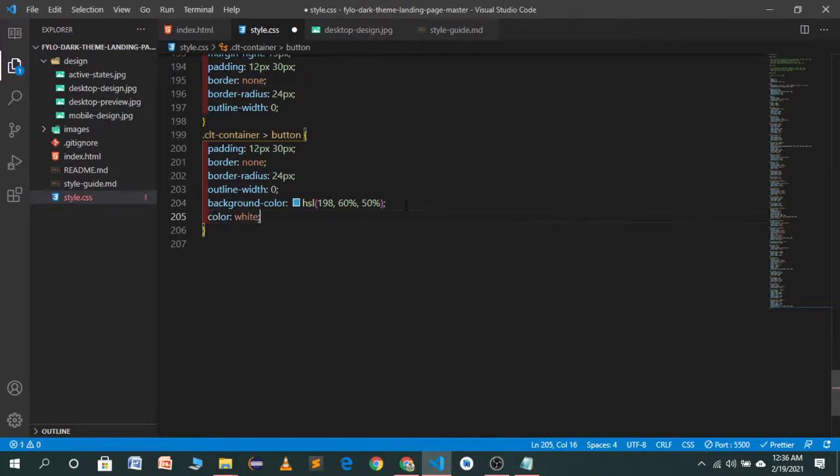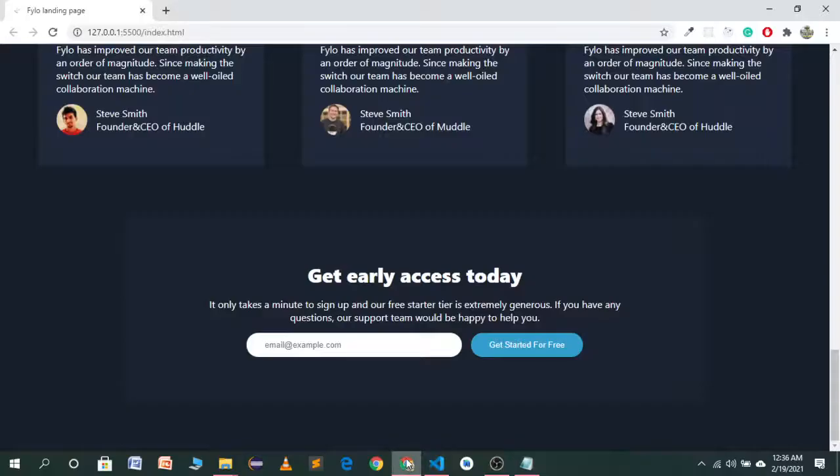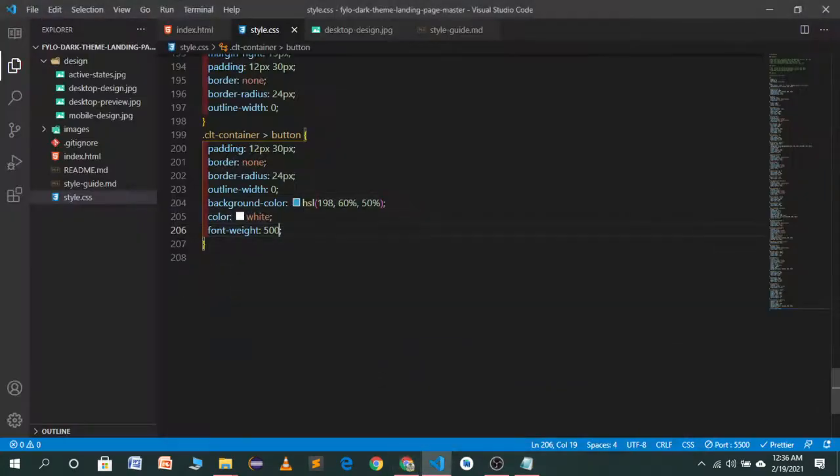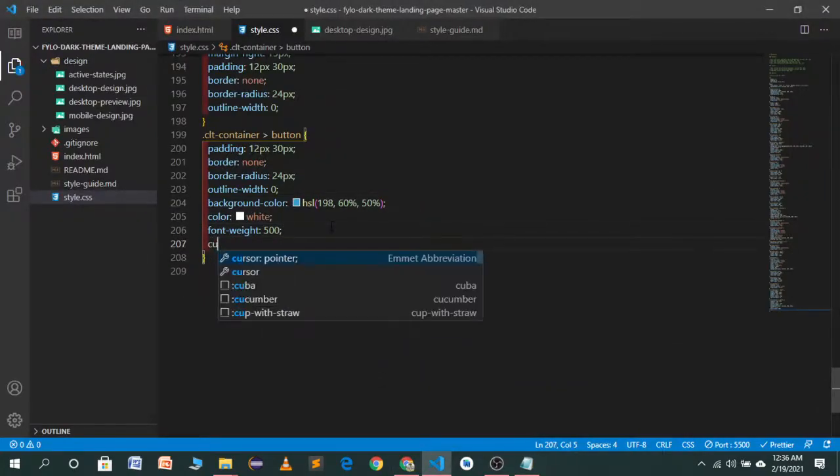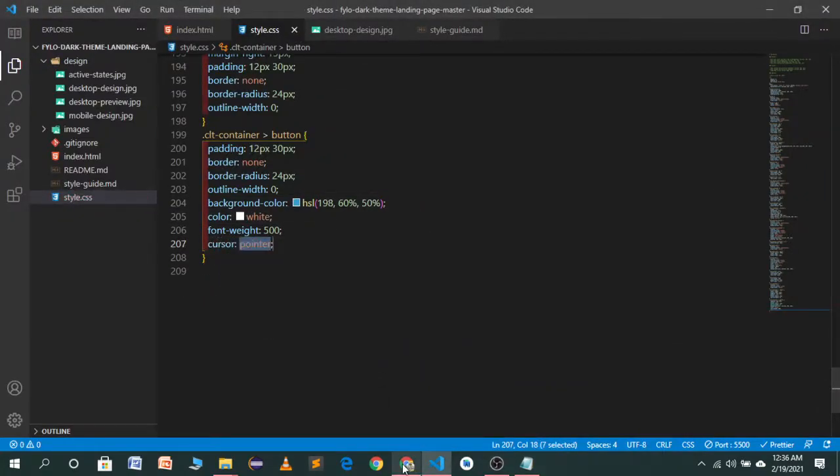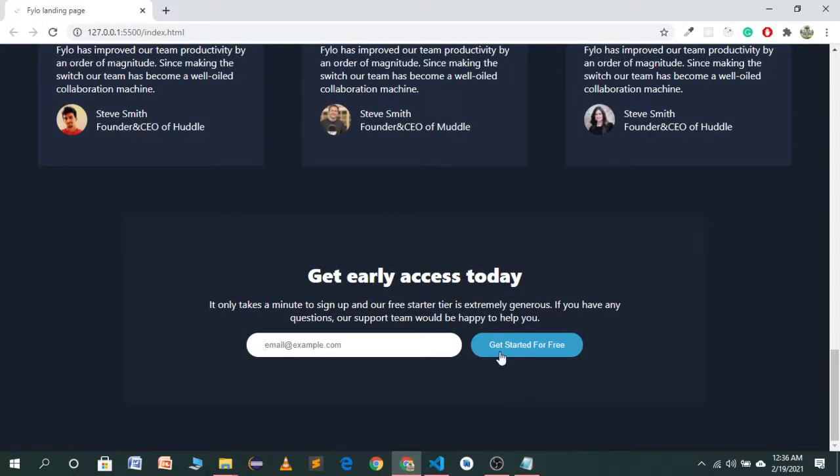Color will be white. Font weight will be 500. Let's see how it looks. Now it's looking nice. Let's change the cursor into pointer.